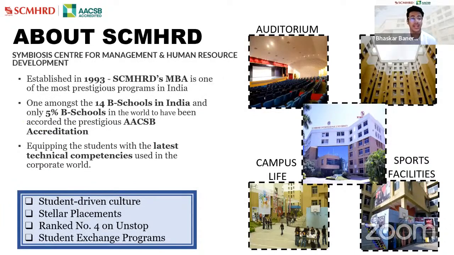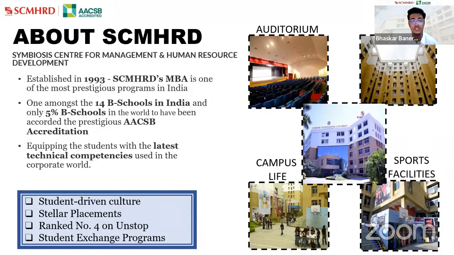Now talking about SCMHRD. SCMHRD stands for Symbiosis Center for Management and Human Resource Development. We were established in 1993 and are one of India's most prestigious MBA programs. Although our school is a young B school in the country, you would be happy to know that we are among the 14 B schools in India and only 5% of B schools in the world to have received the AACSB accreditation. AACSB is an international body which stands for Association to Advance Collegiate Schools of Business,